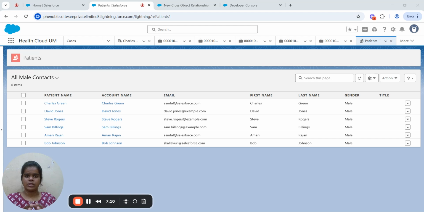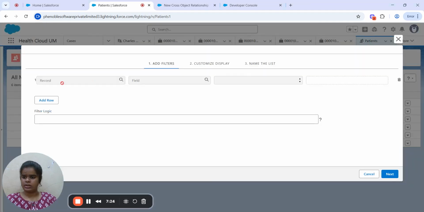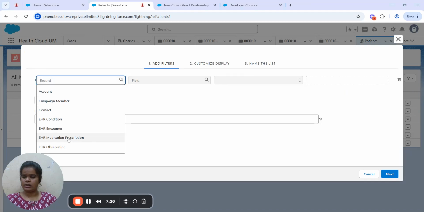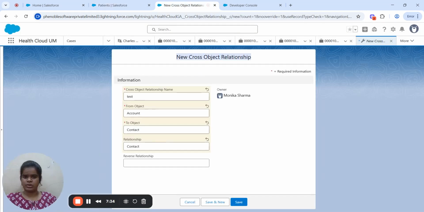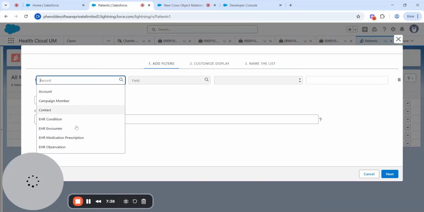That's why I described that we need to create a new cross object relationship record if you're not able to see any objects in this list. If you are not seeing any objects which you want to use with the list, you need to first create a cross object relationship, and then you will be able to see it here.